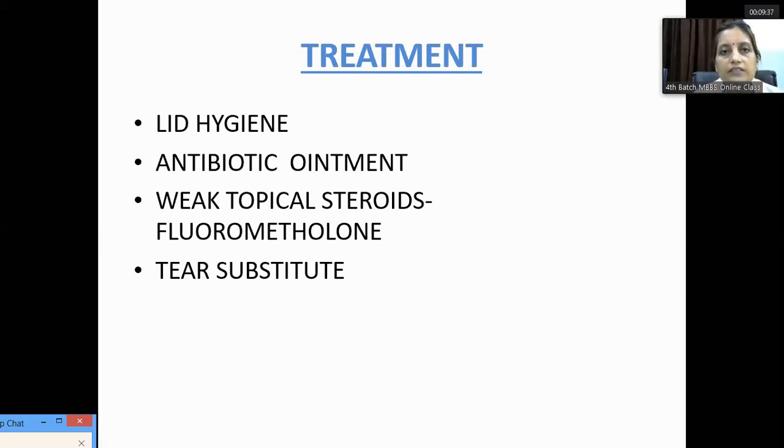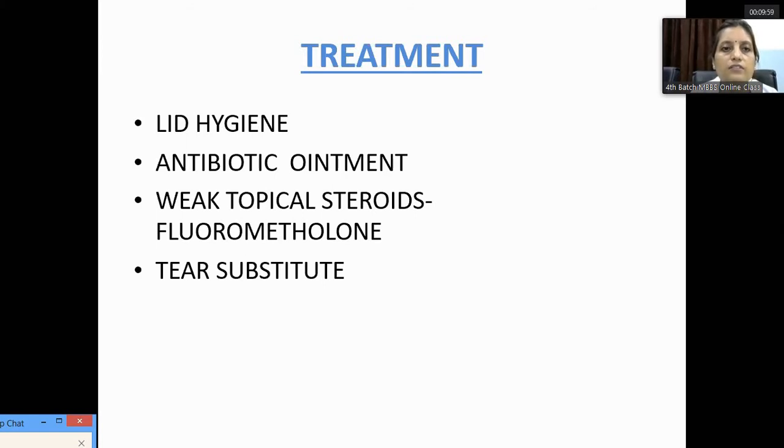So how will we treat this blepharitis? You have to go through lid hygiene, which is very important. And lid hygiene you can do with lukewarm water or with baby shampoo. Just apply a little bit of this on your lid margins, and the shampoo